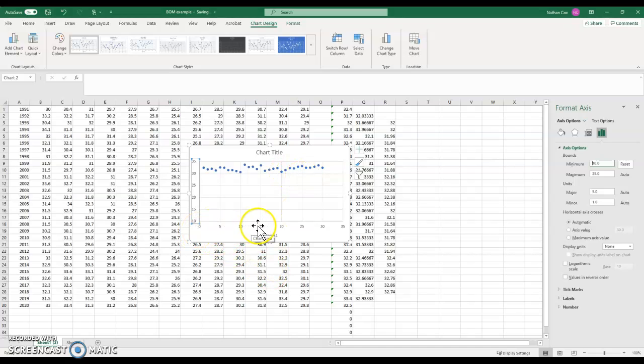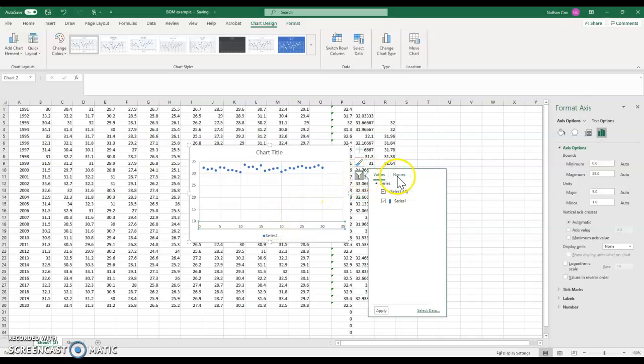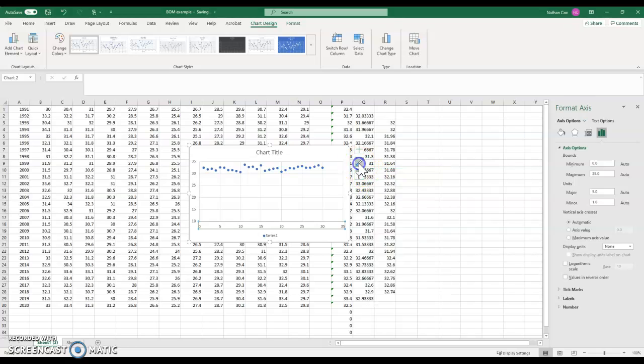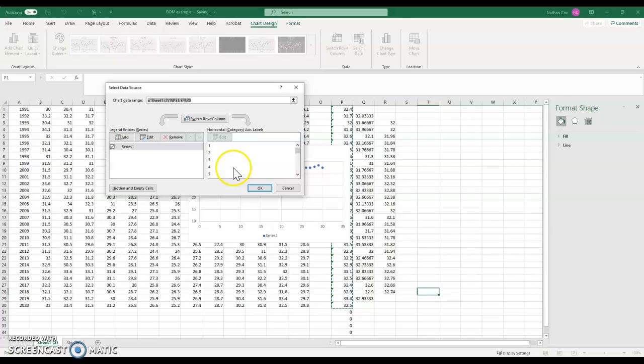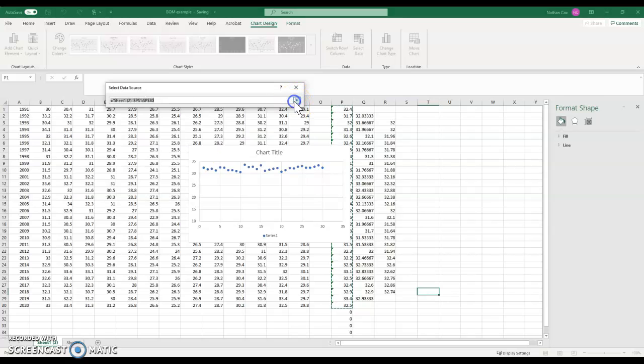The other thing we might want to do for our graph is actually change this horizontal axis, a little bit different there. What we're going to do there is, I believe, go to select our grid. We want to select data up here. Okay, and click on